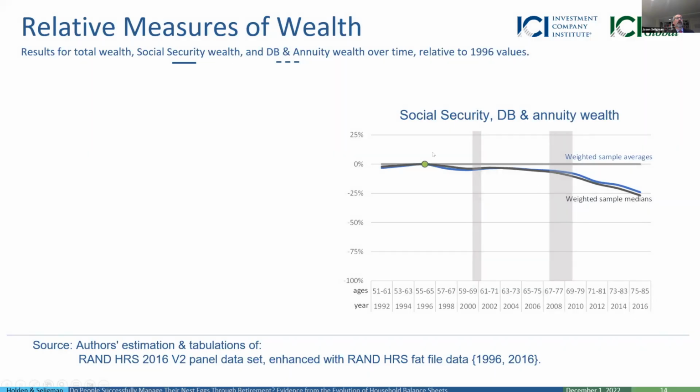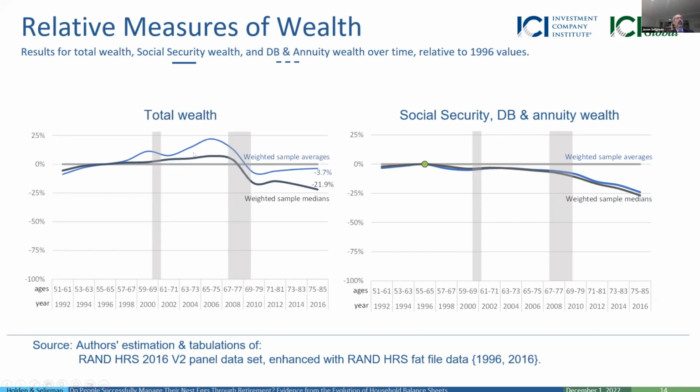Now, looking at Social Security, defined benefit, and annuity wealth. What you're going to see here, this is Social Security. Again, we're going to evaluate it normalizing to there. There's total wealth as a frame for you to remind you of what's going on from the last slide. And this is what's happening with defined benefit and annuity wealth over time. It's dropping by quite a bit more than Social Security wealth. Our explanation for this is it's probably likely due to a lack of inflation protections, and also not all people choose spousal benefits, protected spousal benefits.